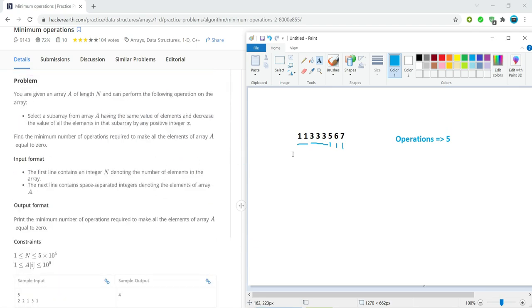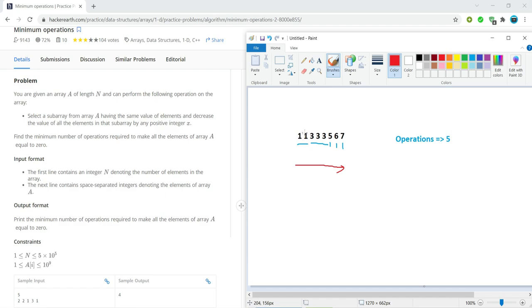So how to approach this? We just need to find distinct subarrays. To do that we will simply traverse the array from left to right and keep checking whenever there is an element that differs from its previous value.